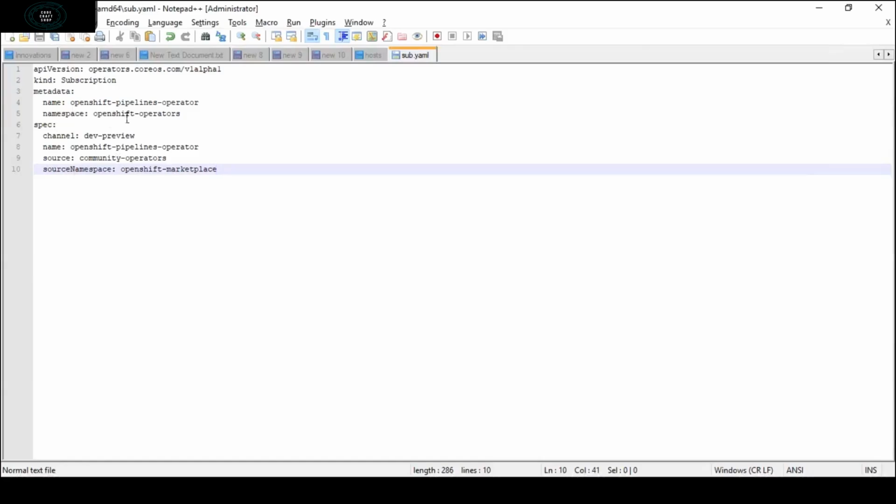If you can see on my screen, I already have prepared the script for installing OpenShift pipelines operator. This is the metadata, the namespace which we have selected is openshift-operators, and then the channel name is dev preview since this is the developer preview, and we have used the same source which is being used on the console, and it is provided by community operators.